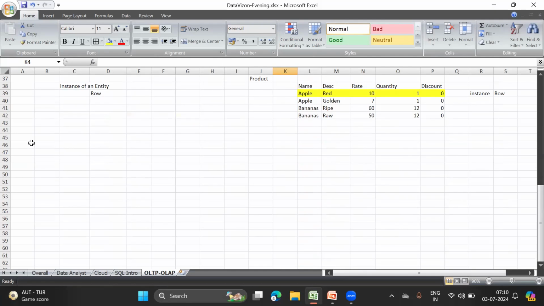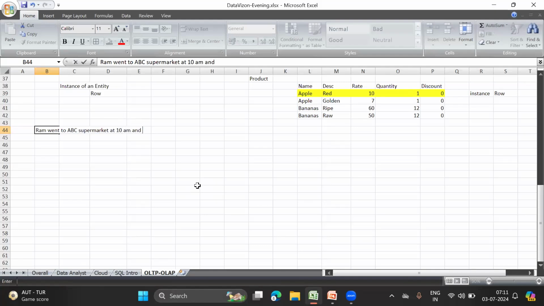Okay. Now I just want to talk about one transaction. For example, there is a guy called Ram. Ram went to ABC supermarket at 10 a.m. and bought 10 red apples.